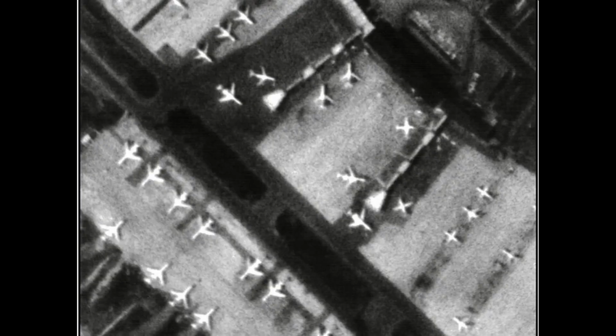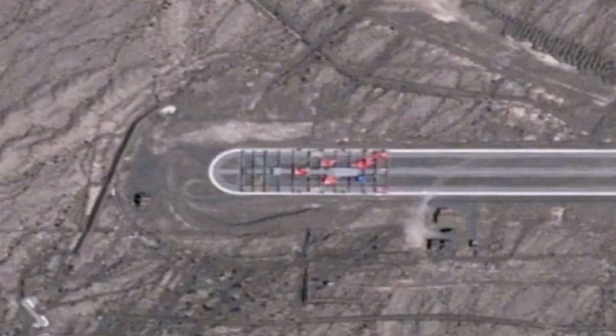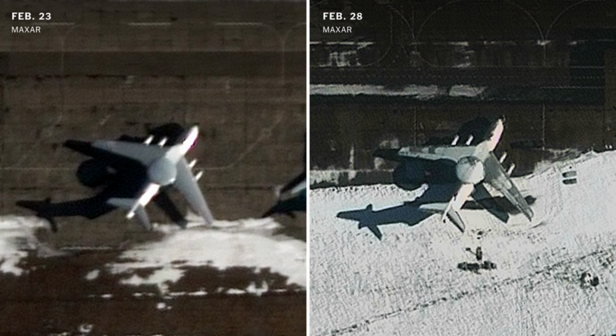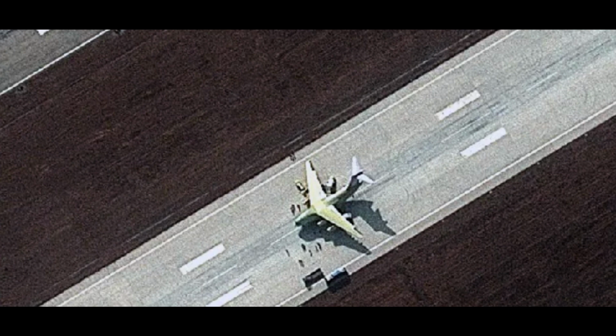So, onto aeroplanes. Here's one of Moscow's airports in 1979. Lots of aeroplanes there. Here's 2 Soviet warplanes on the tarmac in the early 1980s. Here's some more recent ones. A Chinese blimp being attended to at one of their remote desert air bases. Here's 2 photos showing possible damage done to a Russian AWACS plane stationed in the Ukraine. And here's an unidentified new model of long-range Chinese military transport aircraft.